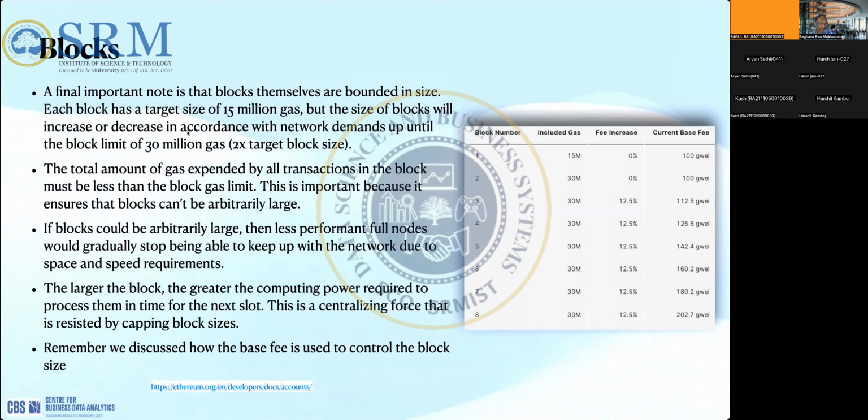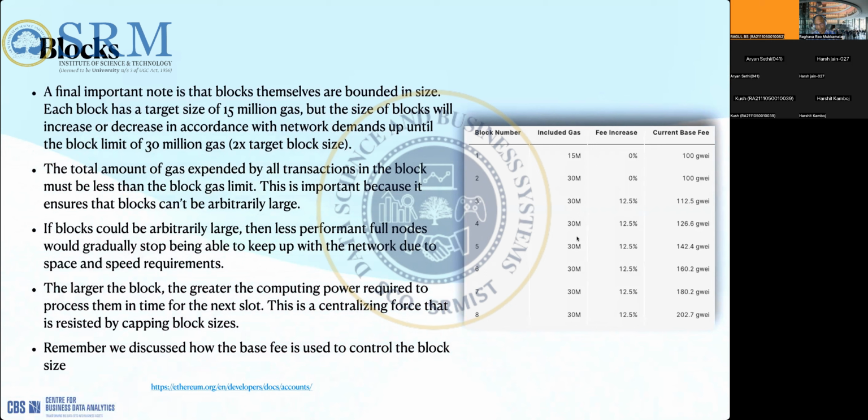And the block size, so we have 15 million, and then it can go up to 30 million gas units. That means twice the block size. Remember, we were discussing that they have a scheme to discourage indefinitely increasing the block size. When the network is under a lot of pressure, you have a lot of transactions to put, and the blocks can go up to 30 million gas. So that means they can go up to 2 times the normal block size. But they have to go with this scheme.